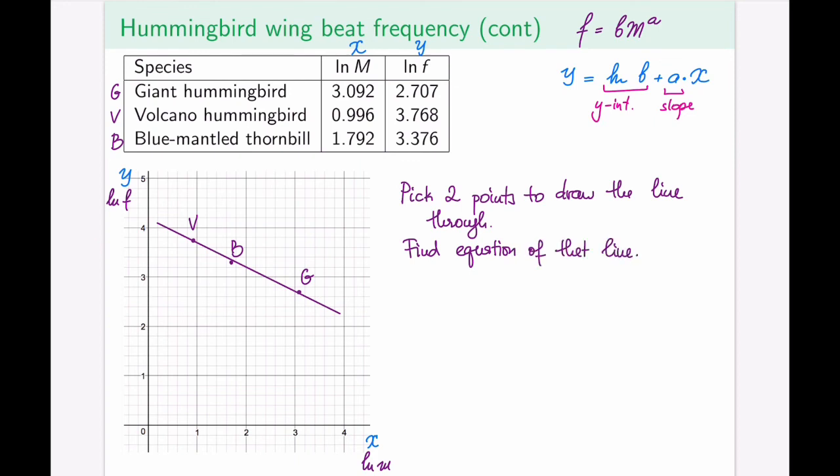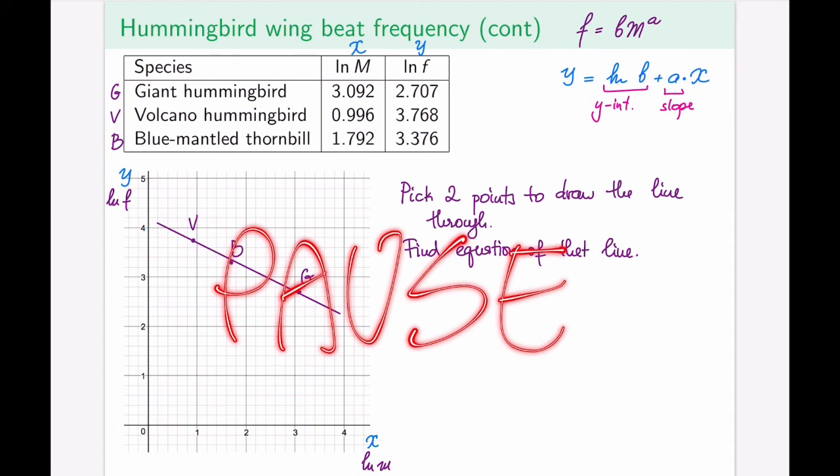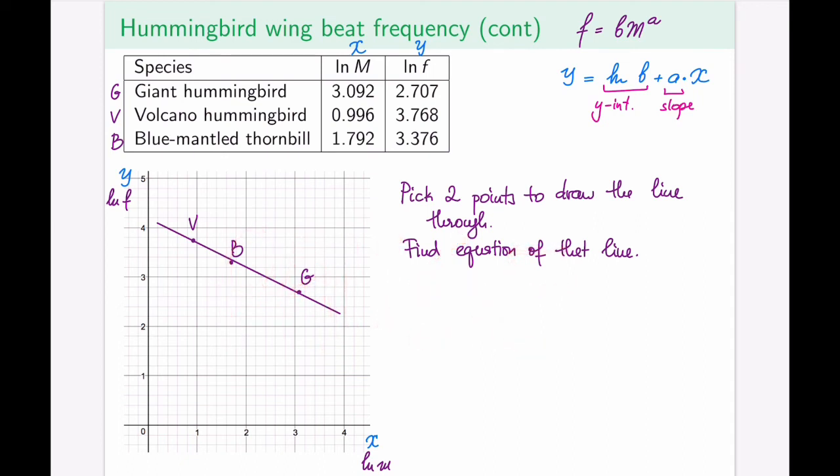Now, if you're going to follow the video along, I'm going to pick again points V and G. They were sort of chosen for me. So I'm going to take a look at these coordinates and find the equation of the line through them. Please pause the video and actually find the equation of this line for yourself. Okay, so what I have is, if I take these 2 points,